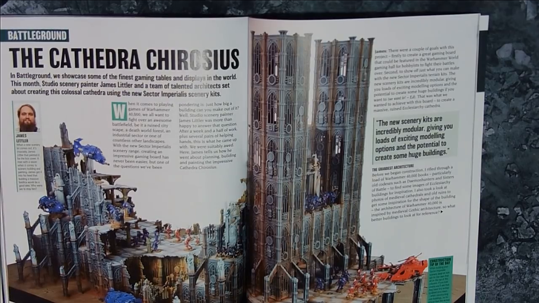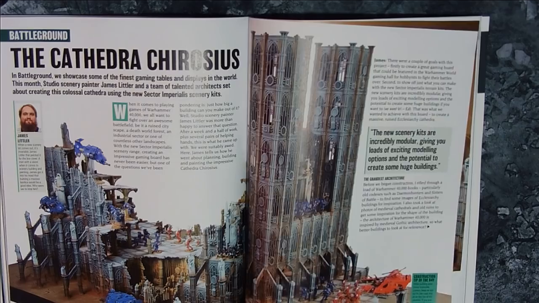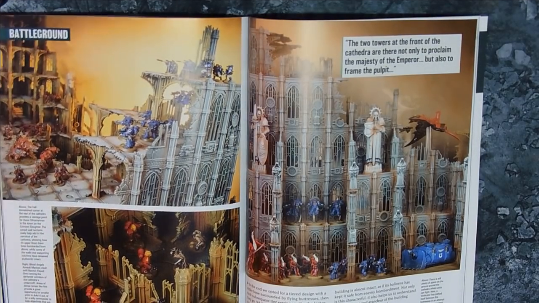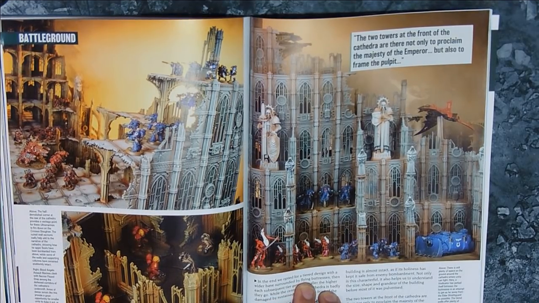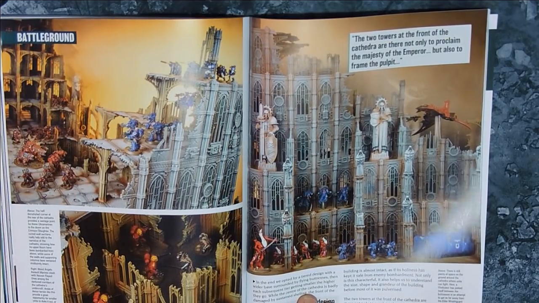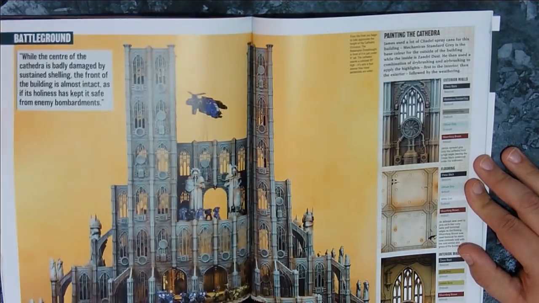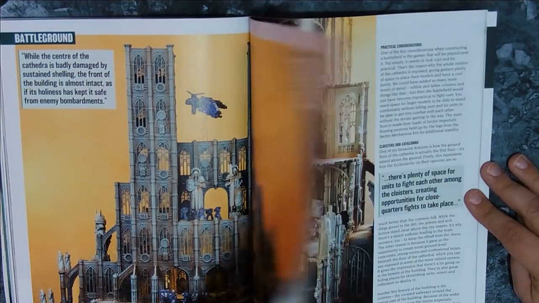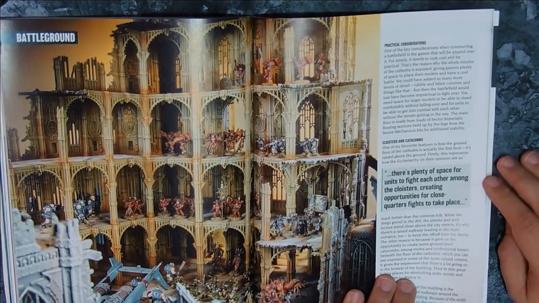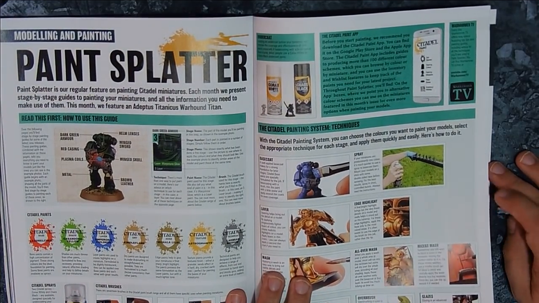So, the Cathedra Quirosius is a battleground that's being made for GW, and it is a very, very large edifice made from what looks like the new Kill Team based terrain, which, if any of you have seen it, is really, really good, and really goes well together. So you can make some really interesting structures out of it, as you can see here. So a few diorama type photos, and paint splatter this month is the